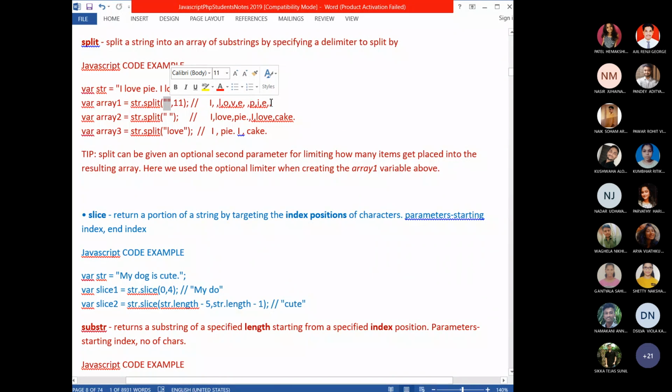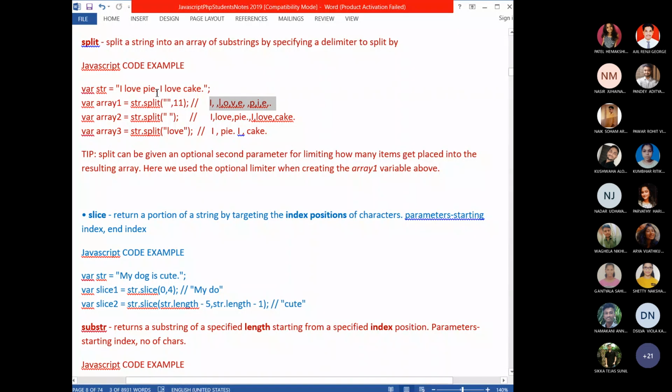What is the use of the second parameter? Suppose you want to limit the number of elements in the resultant array, for example only 11 elements. Then I can give 11. In the given string, as I have given 11, it is taken till pi dot.